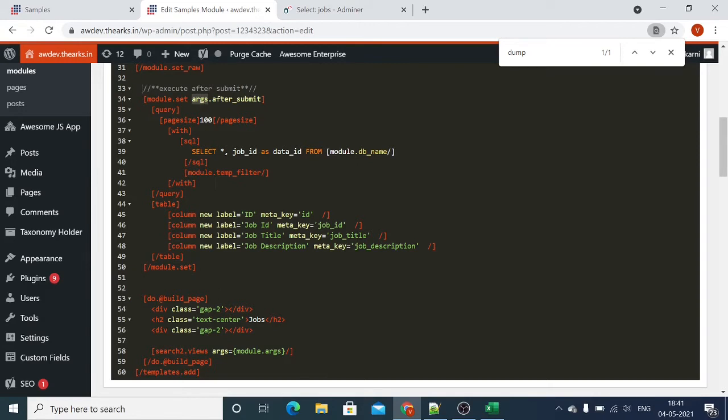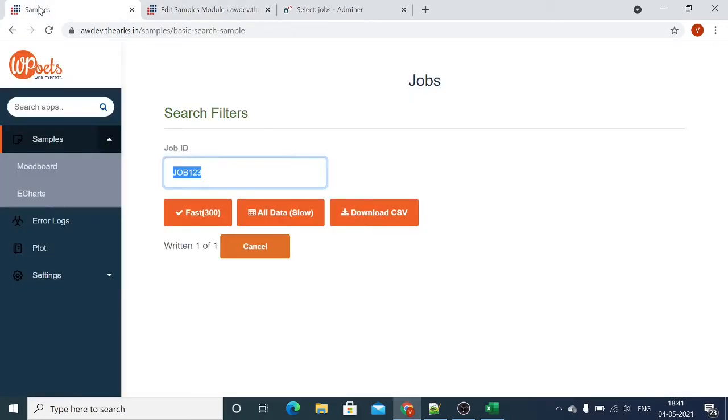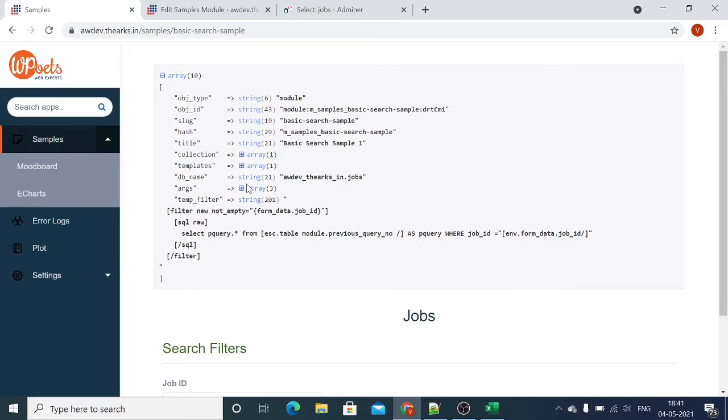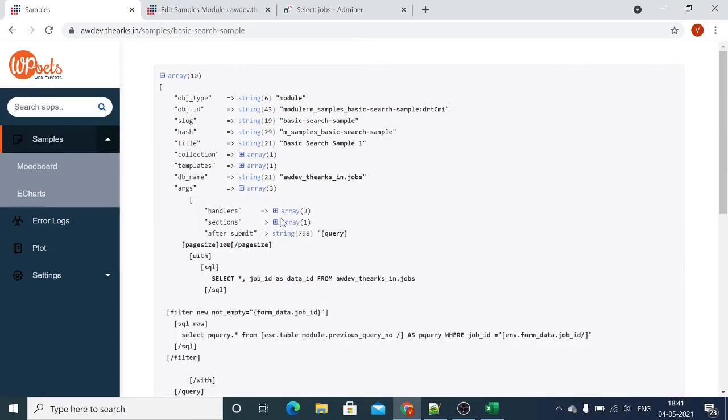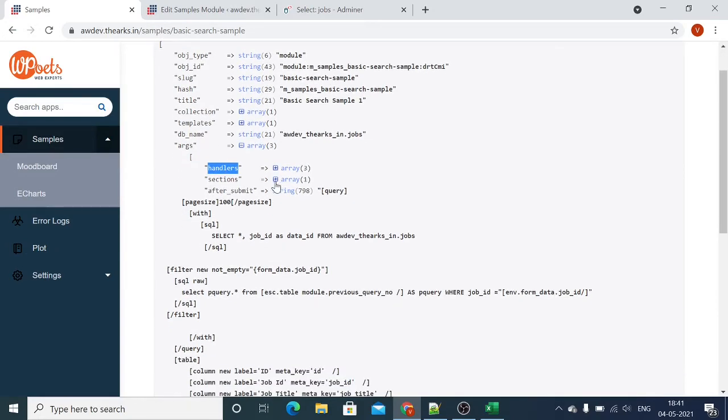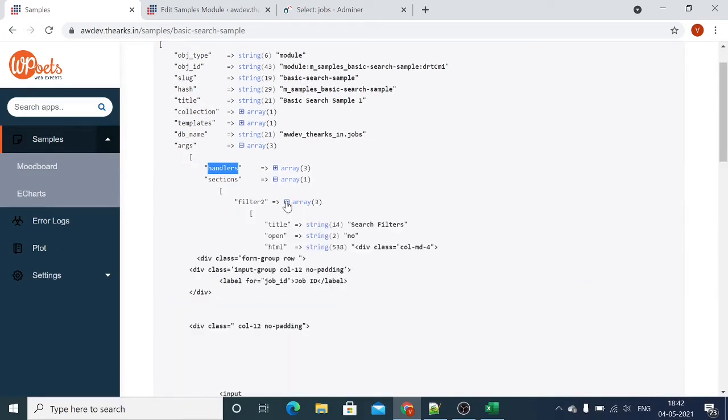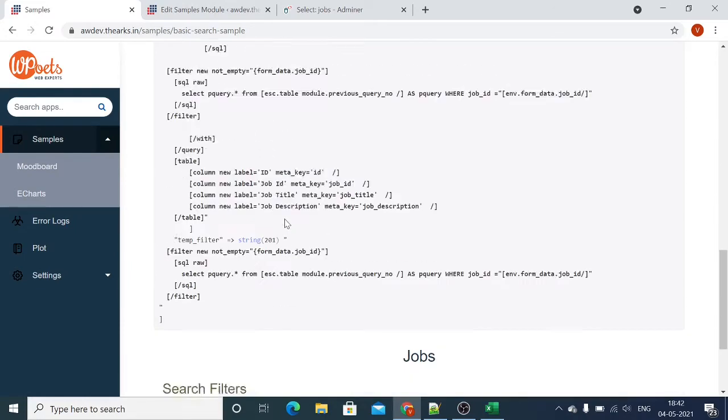Now let's dump this output so you will get an idea of how it is working. Module dot dump. Now you can see we have created an array. In this argument we have handlers. These handlers are nothing but our buttons. This section is considered as our UI form.